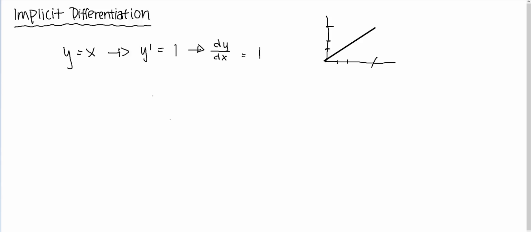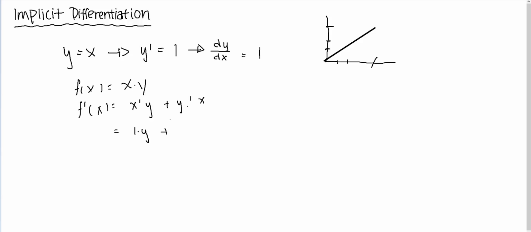Now, if we were to say that we wanted to take the derivative of, say, f of x is equal to xy, this is a little bit difficult. Using the rules that we know, we have to try to differentiate this. So f prime of x is equal to, and since we have two variables multiplied by each other, we're going to use the product rule, so we'll say x prime of y plus y prime of x. So we know how to compute the left side of the derivative of the function. We know that the derivative of x with respect to x is equal to 1, so it's just 1 times y plus,